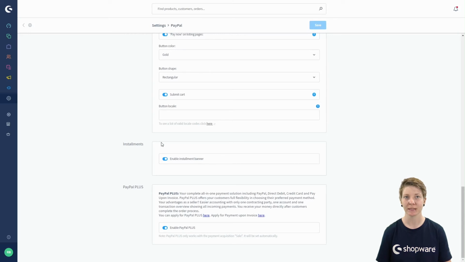Last but not least, we have the PayPal Plus option. PayPal Plus allows you to offer your customers the payment methods direct debit, credit card, and purchase on account, in addition to the classic PayPal. For the configuration of PayPal Plus, you only have to activate the option Enable PayPal Plus in the admin.